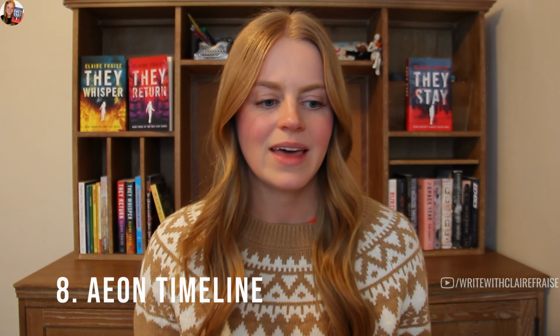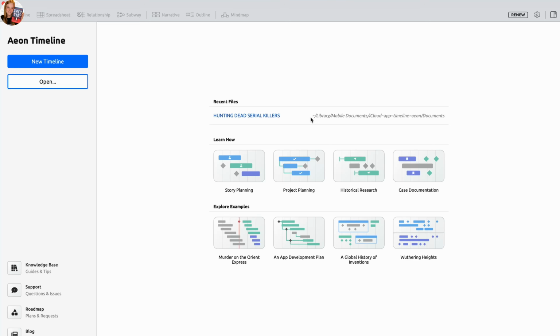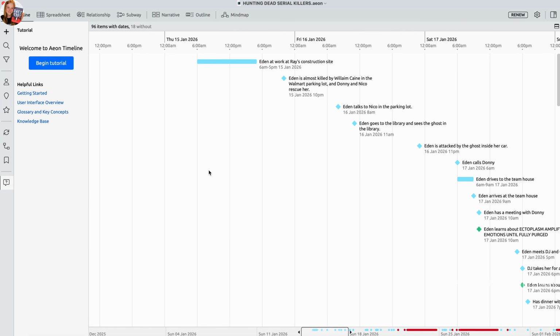And finally, we have Aeon Timeline. Aeon Timeline is a really powerful timeline builder, and that is a tool that I personally use. You can do a lot on Aeon Timeline. I'm still kind of an Aeon Timeline beginner, but this is the timeline for the book that I'm working on right now. It is very useful for me to plot out, like I'll write a first draft, I'll get everything